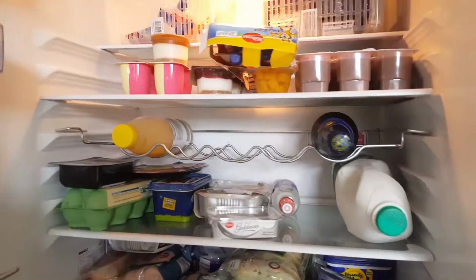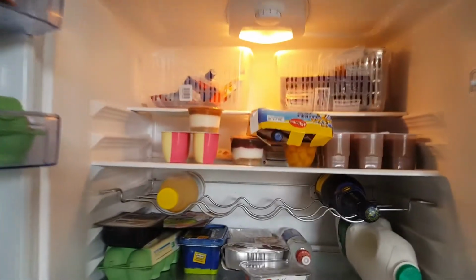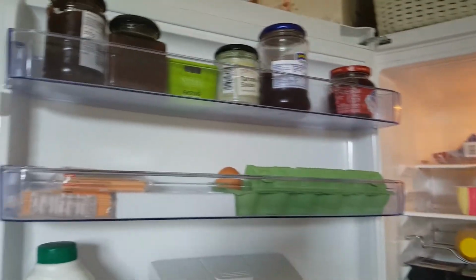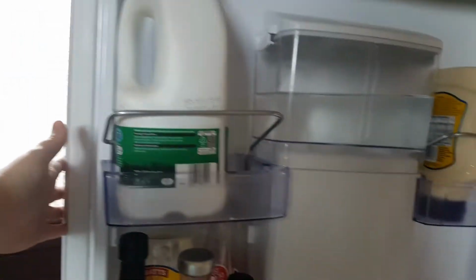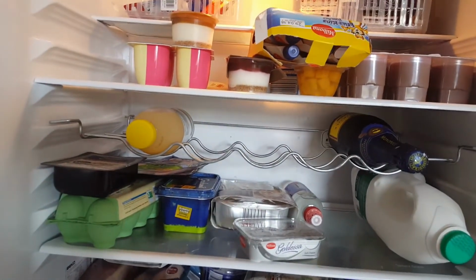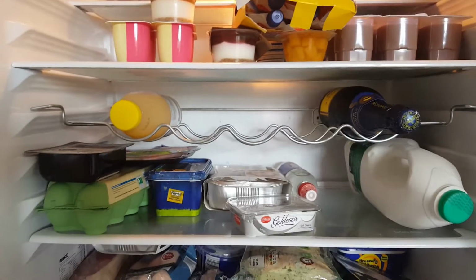Okay, so I'm going to show you the big mess that we're in here. That is not how I normally have my fridge looking. It is a bit of a mess. There is likely some out of date food in here that I'll have to sort through. So I'm going to take all of this out, throw out the stuff that is expired, and then give it